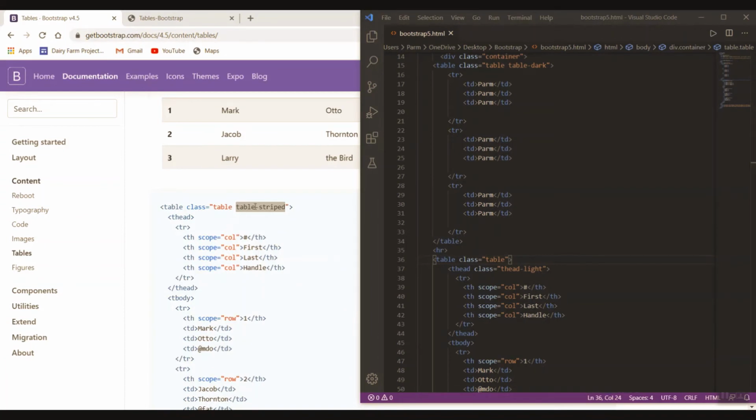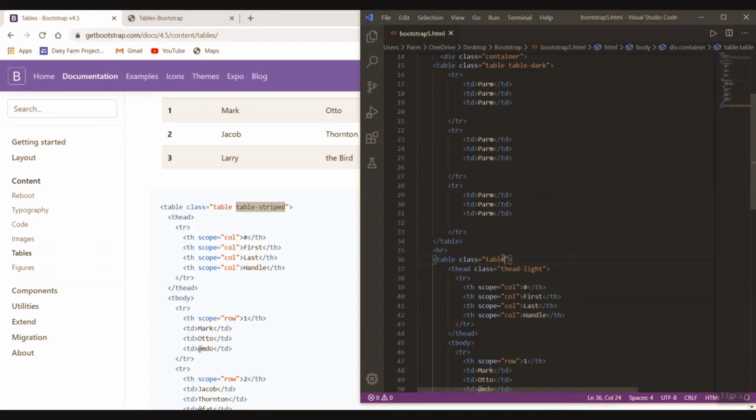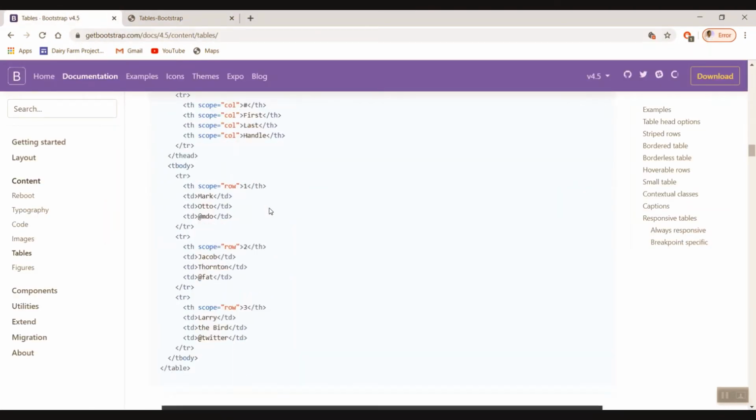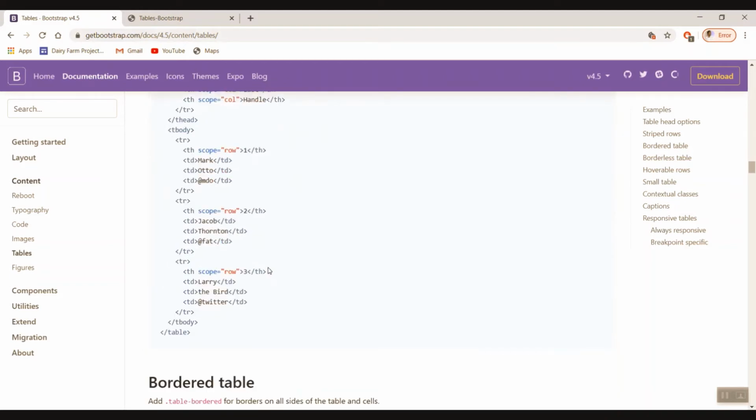Simply we will copy it from here, then in the editor we will paste it here, save it, and here we go, refresh. Now look at this, the stripe is done over there. With dark, we can also use this, it will look with the dark.